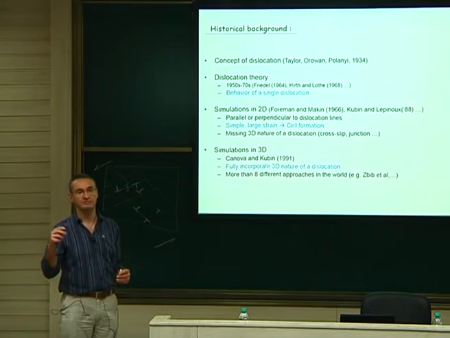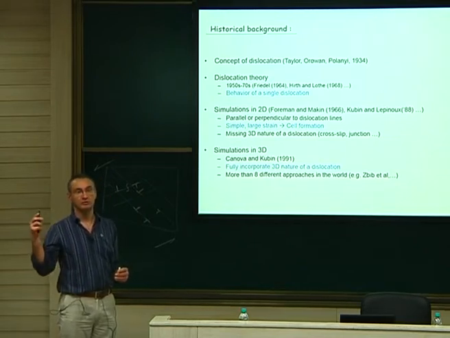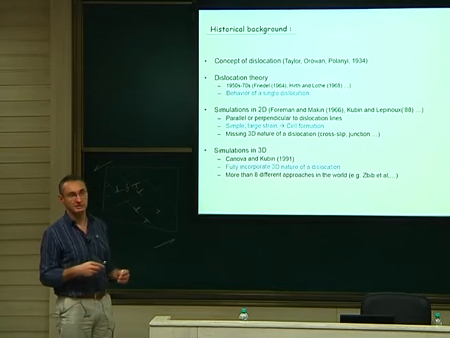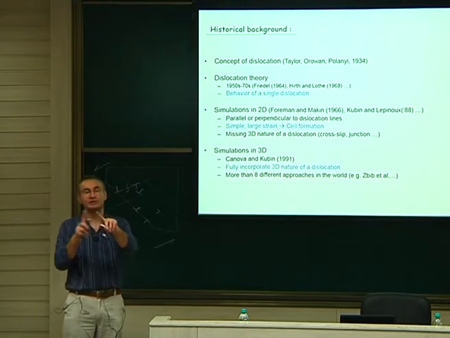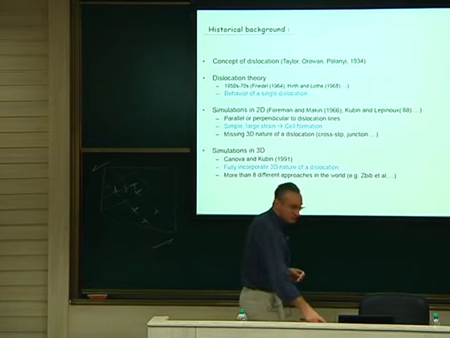You have Gunim, you have Weygand, you have Huang, you have Capolongo. All those people developed their own DD code in 3D. Okay, so now you can see that there is an explosion of codes, just because they are very nicely located between MD and FEM, as I said before. So from this code,